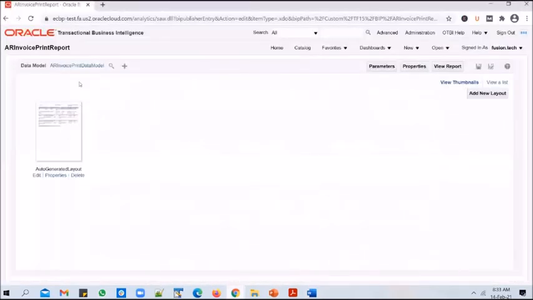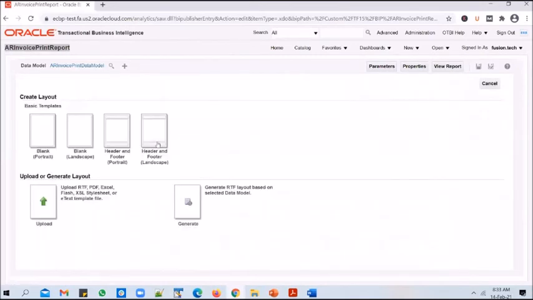So go back to the BI server, go back into report, and you can add a new layout by using this option. So you click on add new layout. And this time, again, I've got the same options. I have an option to auto-generate a layout again or upload an RTF document. But this time, I don't want to use this option because I already used it, generated an RTF document, and aligned it with a customer output or customer format. I have the RTF document available with me to upload.